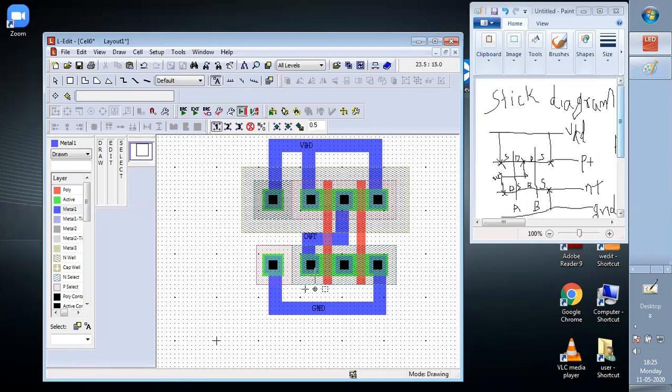Okay, out is written. Now the problem comes over here, that here we have to write the A and B on the polysilicon lines. Now this is the area on which it is overlap. Now you don't know whether you are clicking the metal or whether you are clicking the poly, right? So to avoid this, it is better to create a distance between this more than 10 lambda. If there is a problem like this, then it is better to create a distance between them. So how to do this?